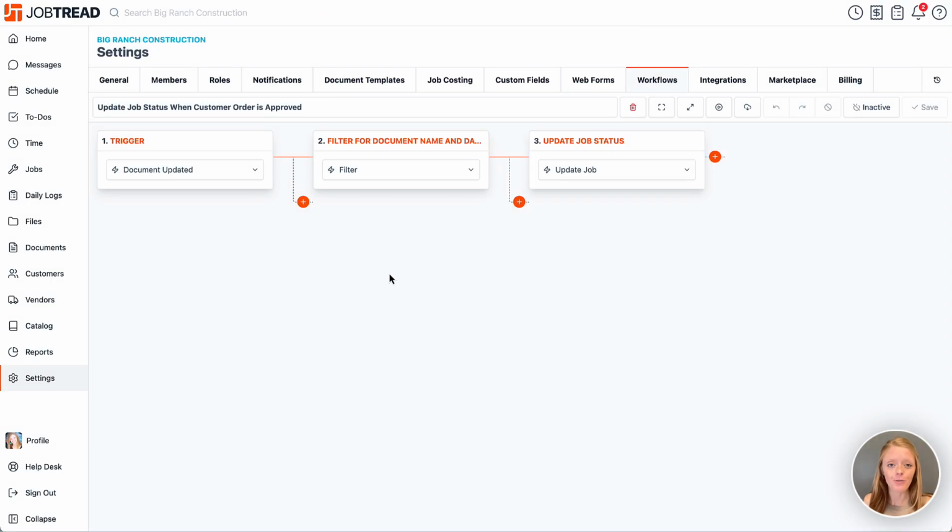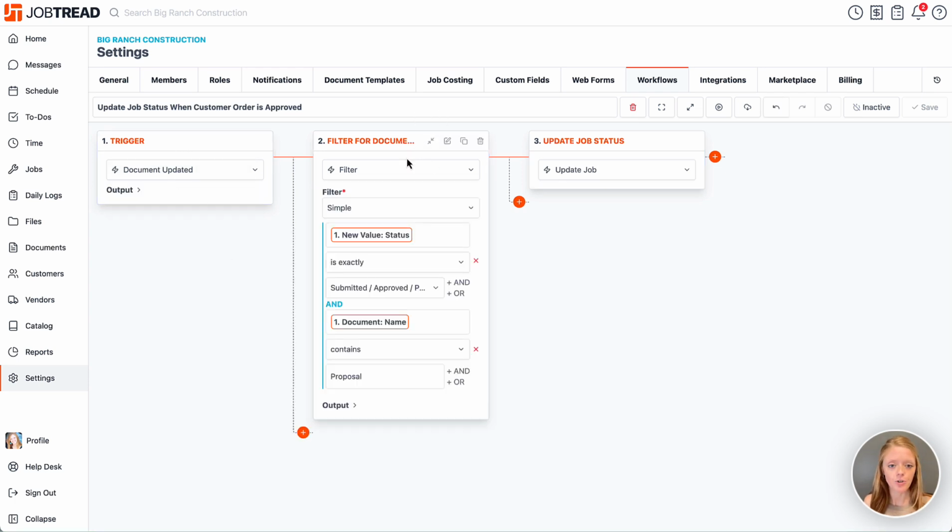Now we see our workflow. This is where we need to check every step and make sure that it matches our needs. So the trigger is document updated. That's all good there. Let's expand filter for the document. So we are starting with looking at all documents across all of JobTread. And now we need to narrow it down to the specific documents that we are looking for to actually carry